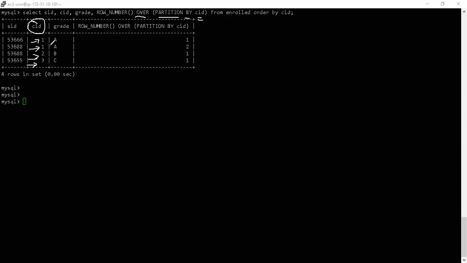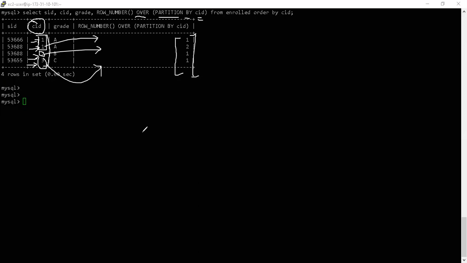Is that what it is doing? The answer is no, because if that were the case, it would have given me different kinds of row numbers. I would have expected this one to come in one group, this one in one more group, and the last one in one more group. Maybe I'll just remove the lines and draw them once more. Because course ID is 1 over here, this should come as one group. Course ID is 2 over here, this should come as one group. And course ID being 3 over here should come as the third group. Right? But that did not happen.